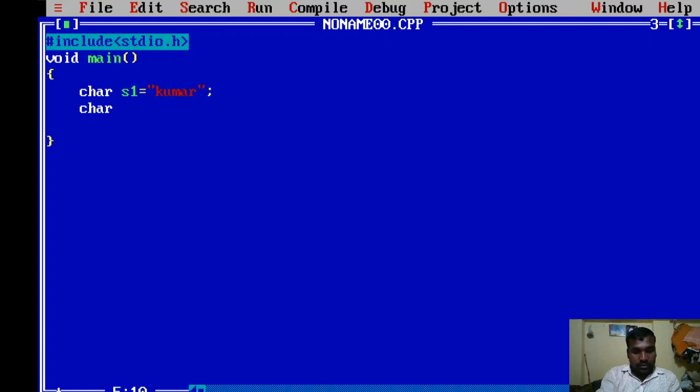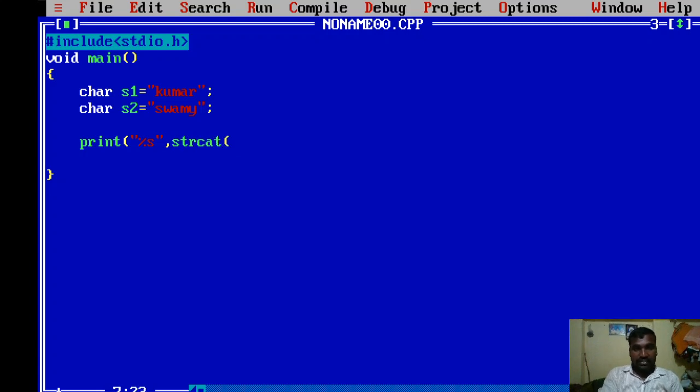and char string 2 is equal to Swami. Okay, now I want to print strcat.